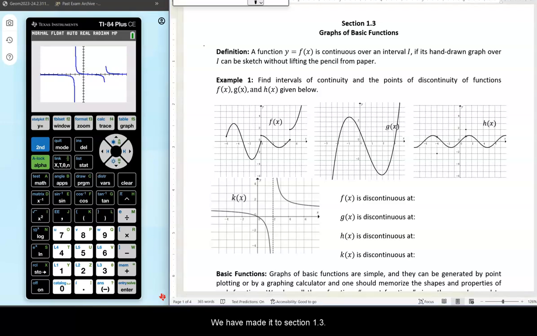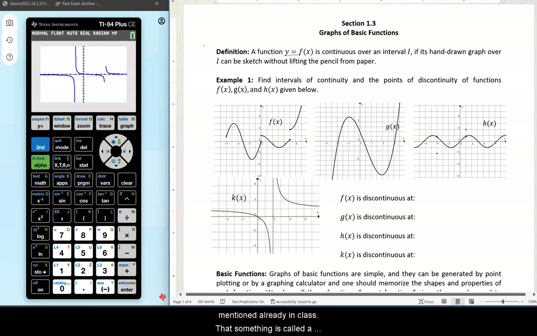We have made it to section 1.3. It's really about calculator skills and memorizing the shapes and properties of basic functions. So to start off in our section, we have a definition, and it's something we've mentioned already